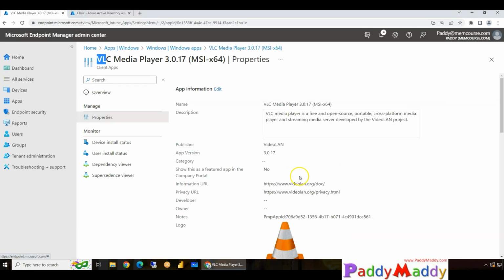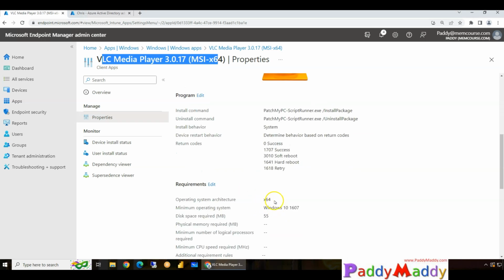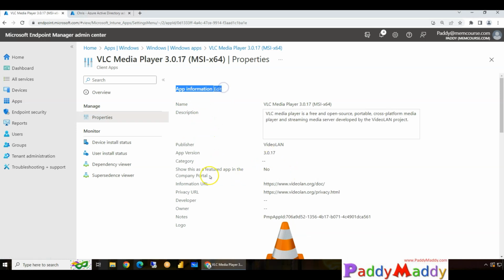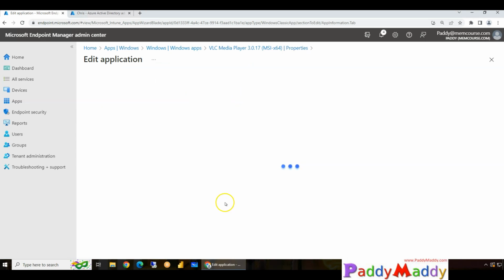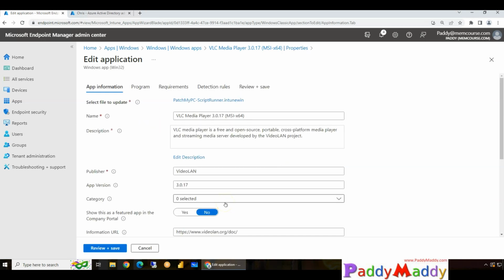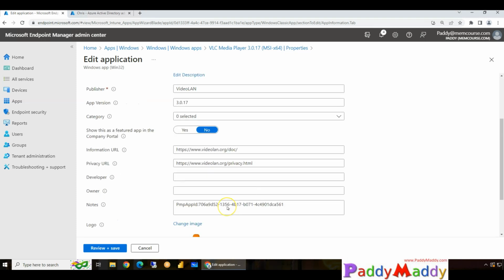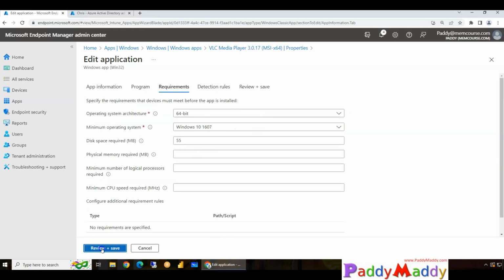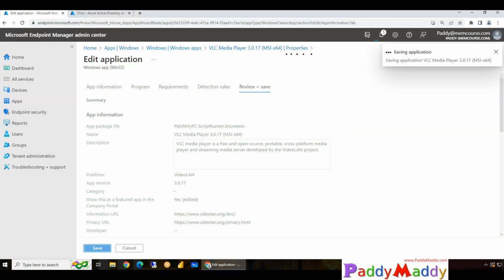a featured application. To make this application a featured application, in the configuration of this Win32 application, you need to make a specific change within the app information section. If you see here, "Show this as a featured app in the Company Portal", all you have to do is change it from No to Yes. By default, it will be selected as No. You simply have to click on Yes, so that this is going to be a very frequently used application that users might need to install on their own. So simply click on Yes, and then review all these changes,